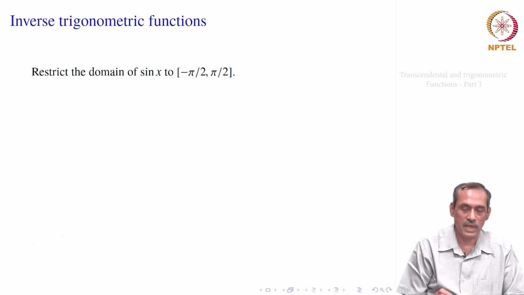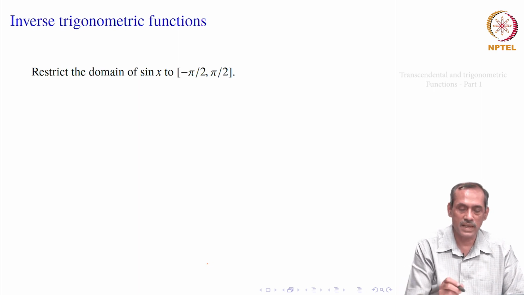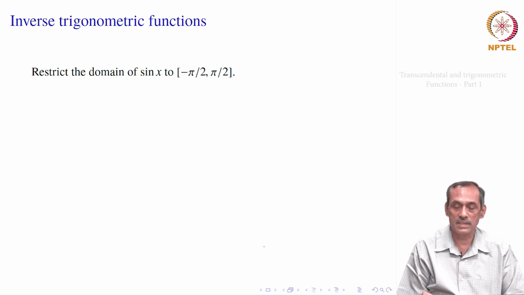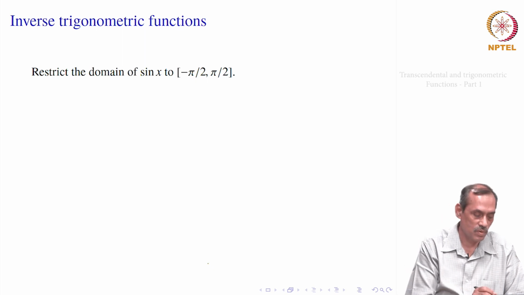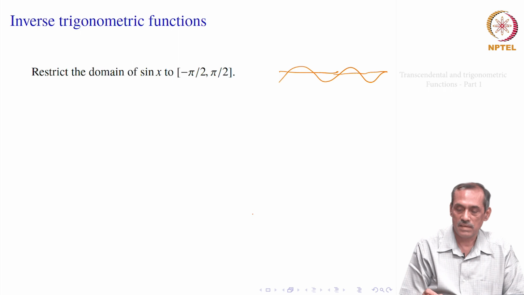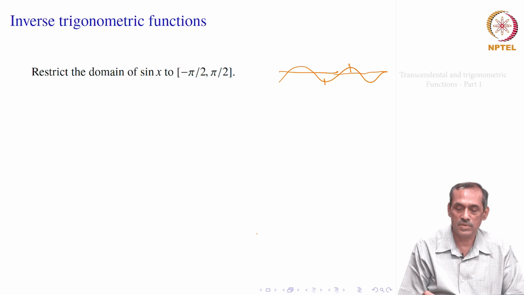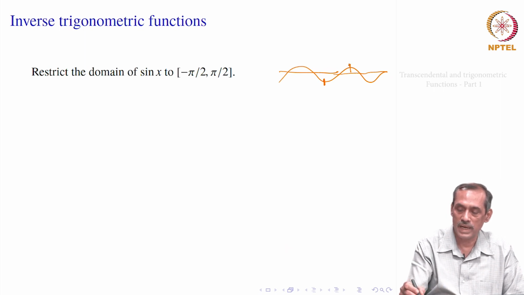Now, similarly, suppose you take the trigonometric functions, then look at sin x for example. Sin x has the domain as the whole of real numbers and its range is -1 to 1, but it is periodic. So, if you look at sin x, it goes something like this. The pattern is repeated, and then you see that from minus pi by 2 to pi by 2, if you start with this, you achieve your -1 to 1 values. So, the restriction of sin x to this domain, minus pi by 2 to pi by 2, this one